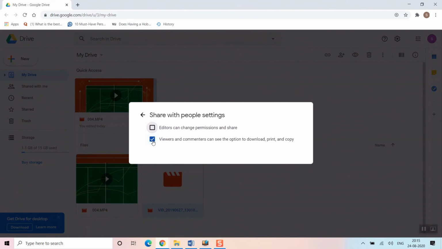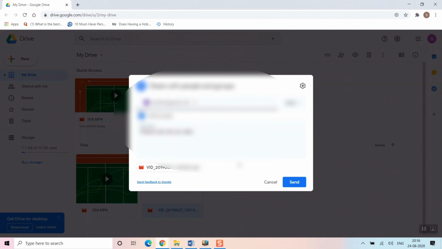If you don't want this file to be downloaded also, you can uncheck this also. But I want full privilege. This is not a very sensitive file. I just want to send this and let my friend use it as well. So I'll just keep both of these as they were by default. I'll go back. So here I will simply send it.